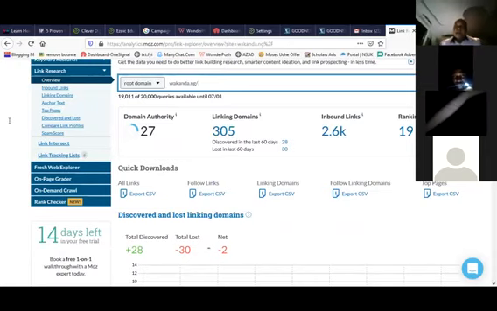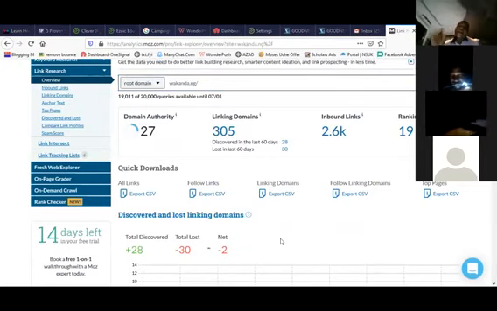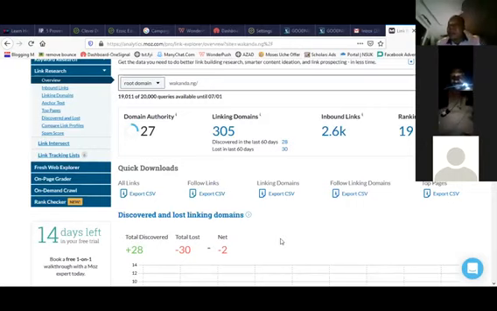All right. What you can see on my screen now shows that my website, wakanda.ng, has a domain authority of 27. That means that any keyword I'm going to target on this platform should have a keyword difficulty of 27 and below, right?